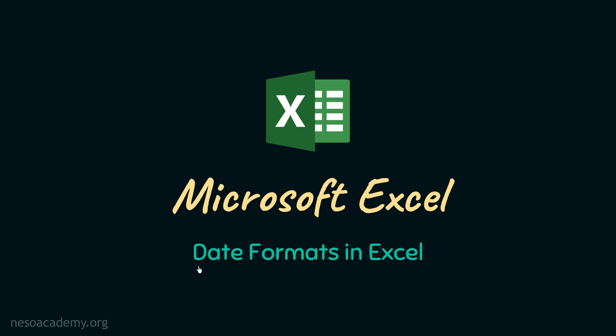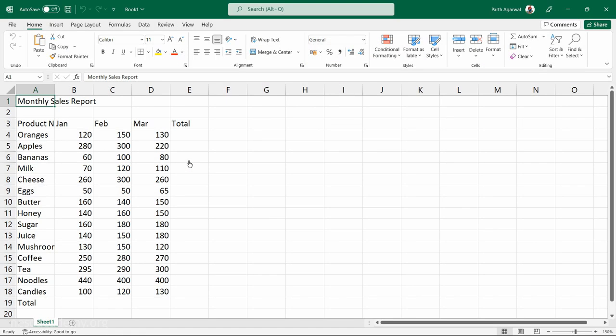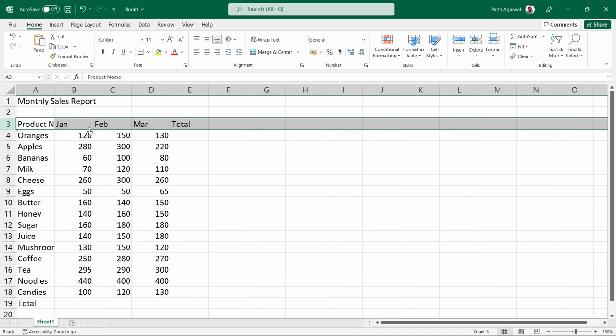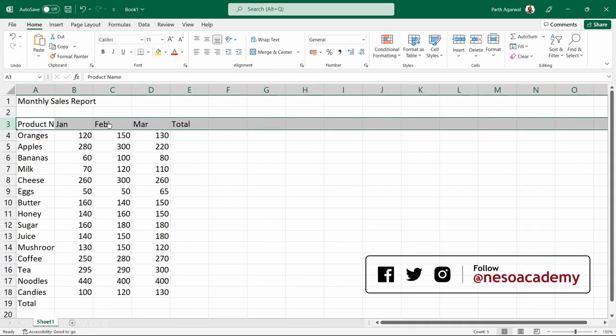Now, another type of data that you are going to be working with inside of Excel are dates. So, in this lecture, we are going to talk about the date formats in Excel. So, let's jump into our Excel application and discuss date formats. So, here we are inside our Excel spreadsheet, and here in the third row, we have got our months January,